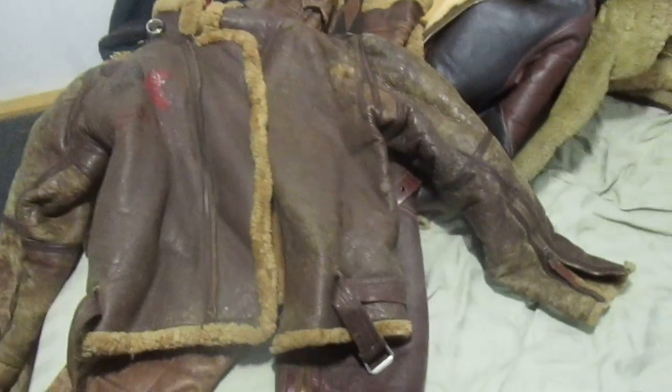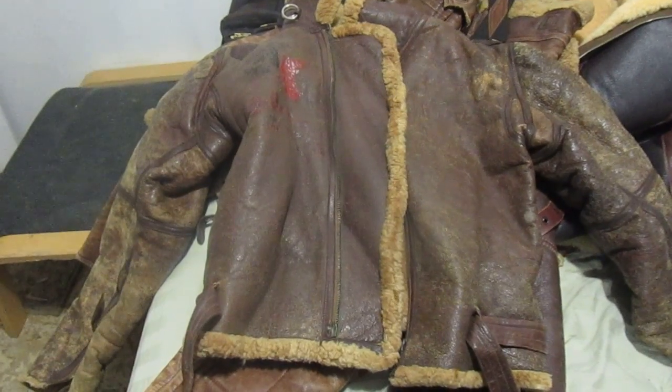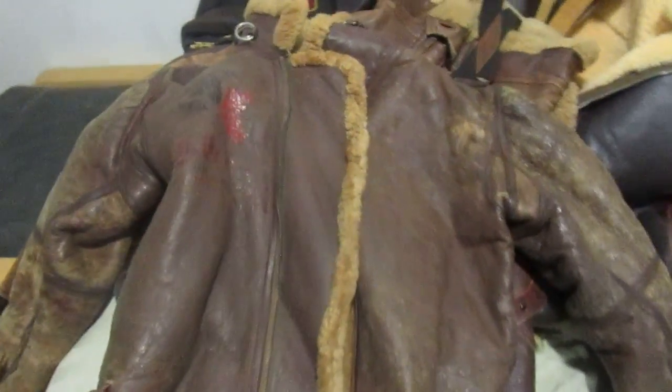This is an original RAF Irvin flight jacket. This one, I was told, was also worn by American bomber crews. This specific coat, because it looks like it had a redskin Indian motif, or whatever that is. It looks like it says Pappy, or God, I couldn't tell you. But that's my guess. But this guy, no